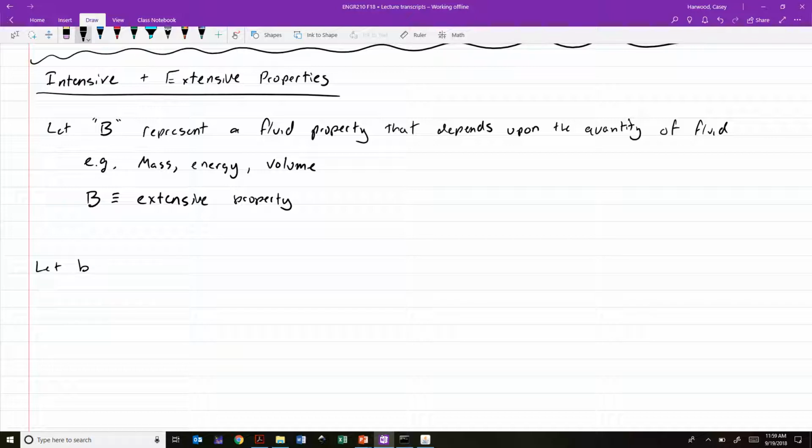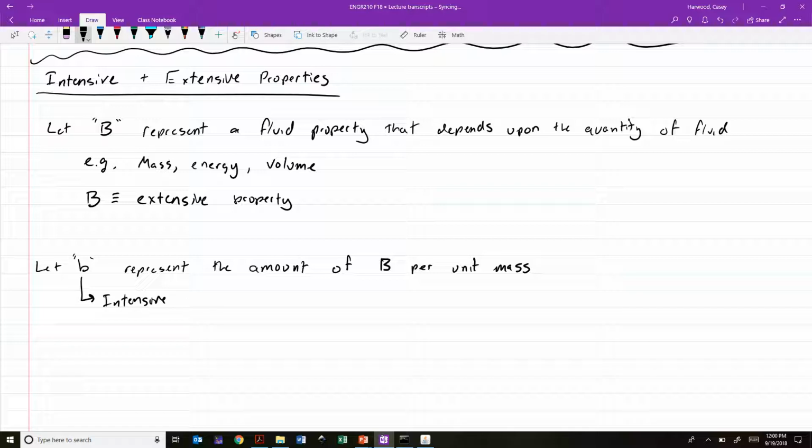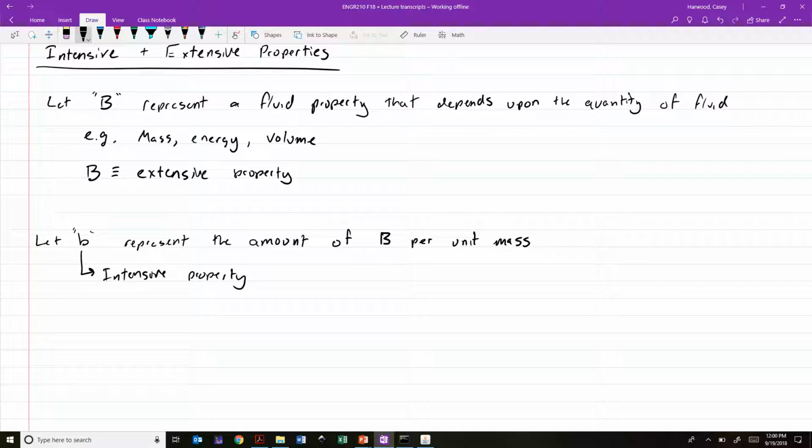We're going to let little b be or represent the amount of big B per unit mass. This is what we call an intensive property. So, for example, as a little example exercise here, if we list a set of extensive properties,